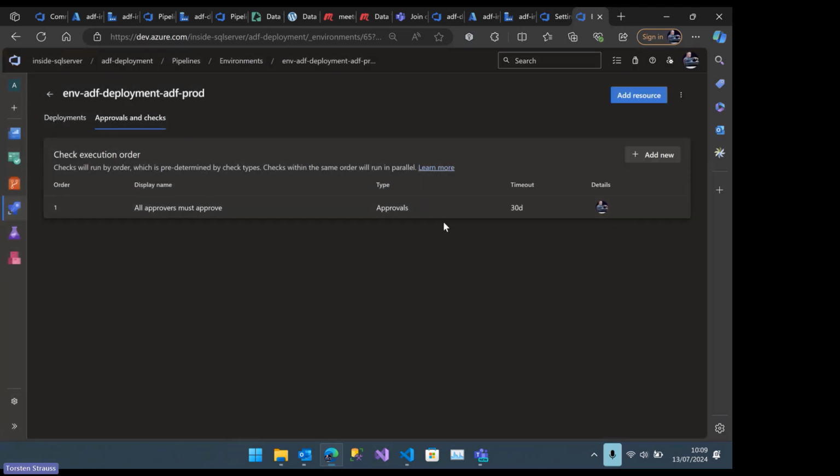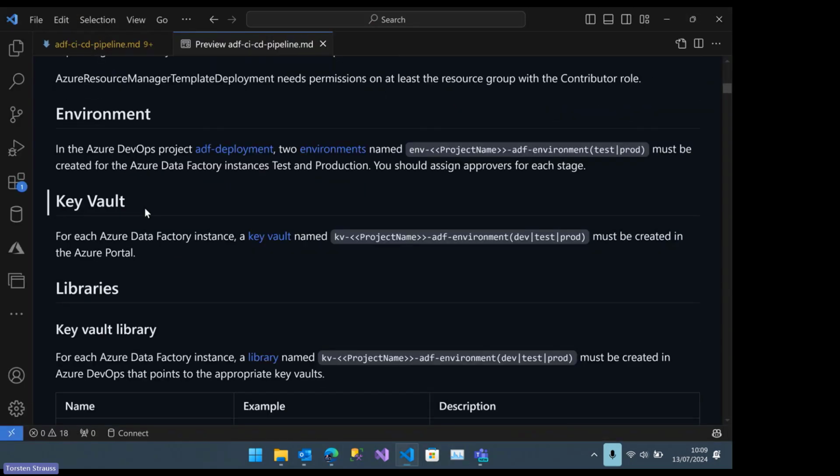Okay, so now we have our service connection, we have our environment. Let's go back and see what we need to create next. It's a very good idea to use a so-called key vault within the Azure portal, where you can save sensitive data, for example, passwords or whatever. To be honest, what I prefer is not even to save the secrets within a key vault for an Azure Data Factory, but instead